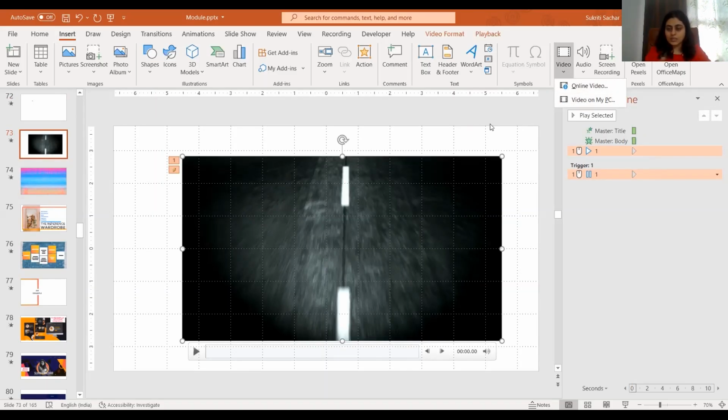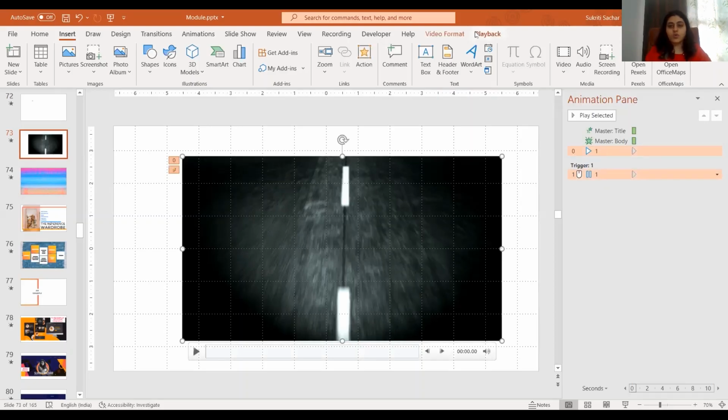It puts in the thumbnail of that video here, but you have to have internet when you're presenting in order for it to play. Or you can just say video from my PC. Now I have a video that's right here, right? But I wanted to play with previous. I wanted to start with previous. And what I also want is that it should,